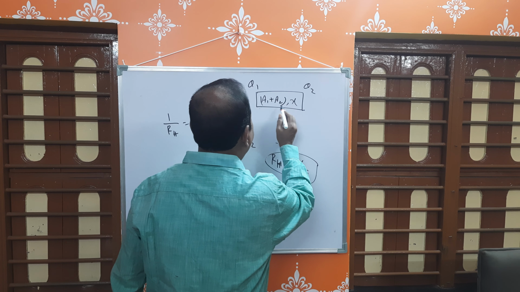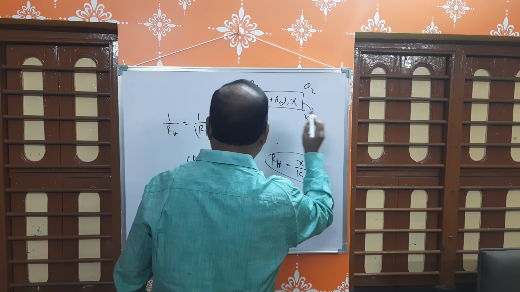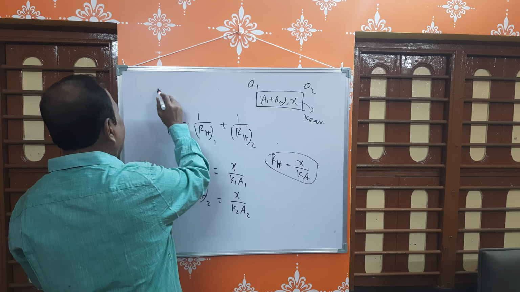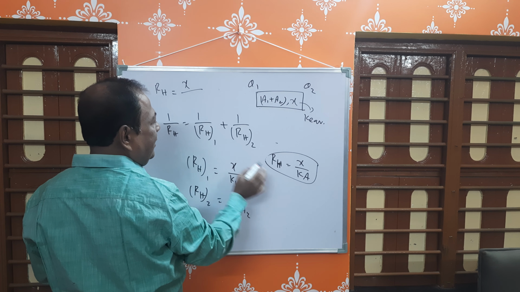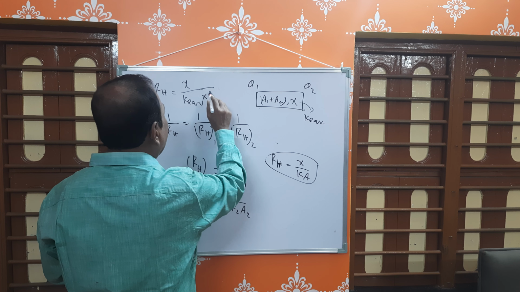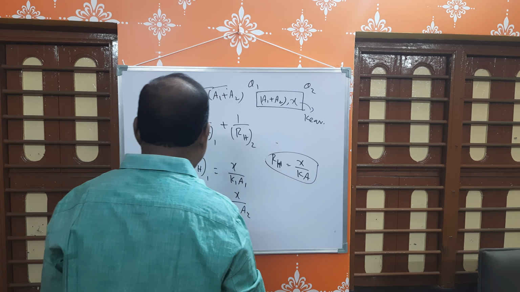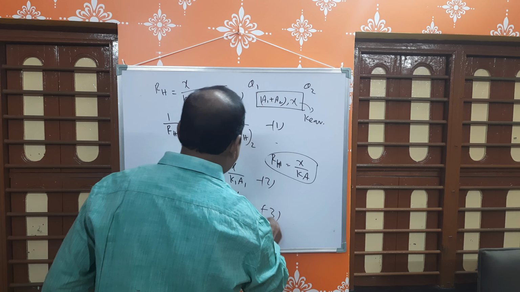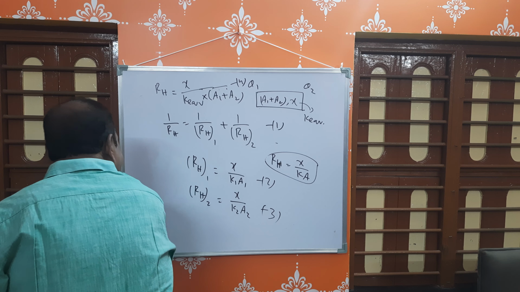This conductivity is called K equivalent. So for RH of the system, RH is equal to X by K equivalent into (A1 plus A2). So from equation number 1, equation number 2, equation number 3, and this also equation number 4, I can write